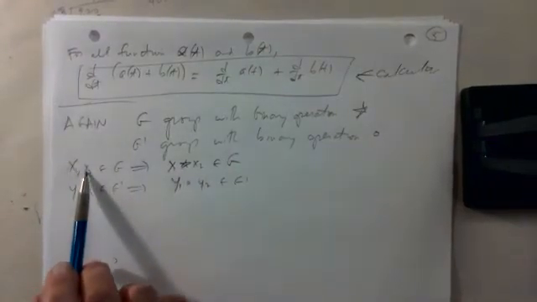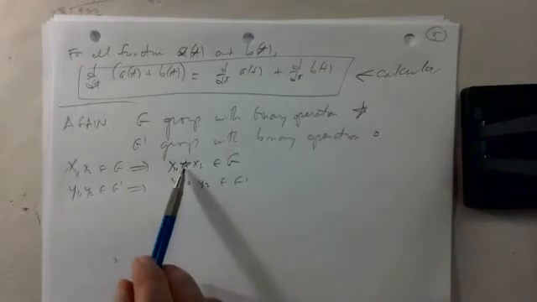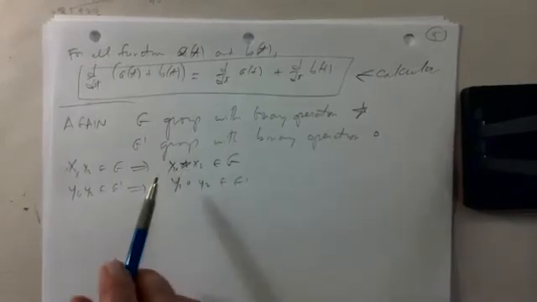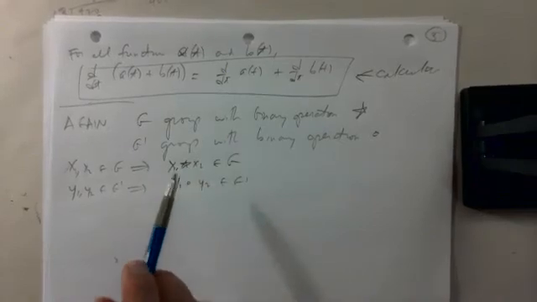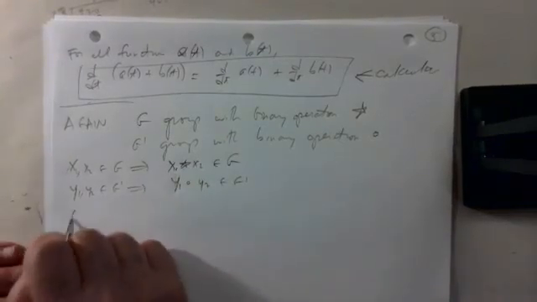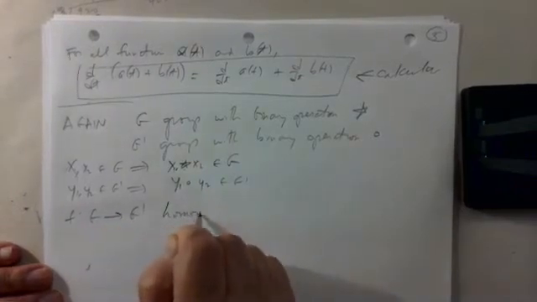So the image of x1 and x2 combined is x1 star x2. If this were multiplication, it would be x1 times x2. If this were addition, it would be x1 plus x2. I'm just using star to denote the operation. So F from G to G prime is a homomorphism